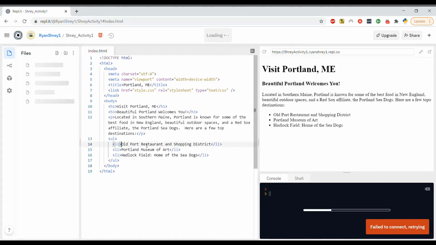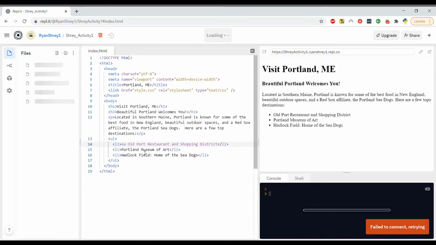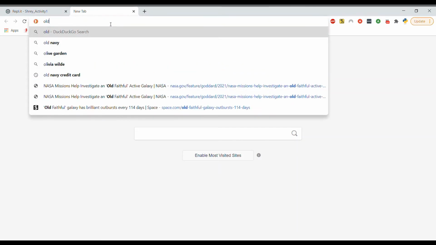So, oftentimes when sites refer to something, they point you how to get there using a link. So the way you set up a link is using an anchor tag, which is A, and then A space href equals, and then inside quotation marks is where you put the URL of where you want the link to lead to. So for example, I have the Old Port Restaurant and Shopping District. So Old Port,